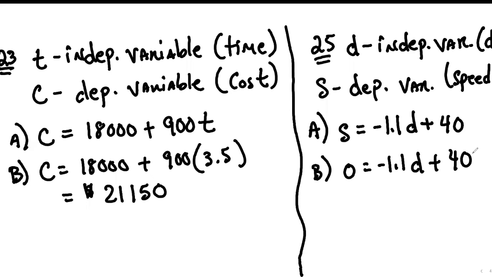This is why it is so important that you define what your variables are. So when you're trying to address the question, you know what is given. Is it the S or is it the D? So if we solve for D, ladies and gentlemen, we have a negative 40 is equal to a negative 1.1 D. So D ends up being the value of 36.4 inches. And again, this 36.4 has been rounded,